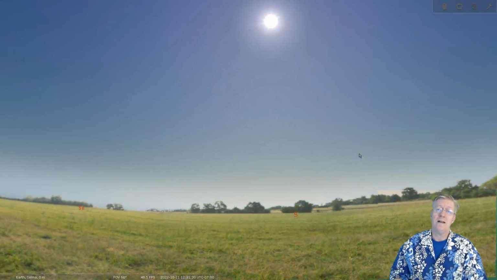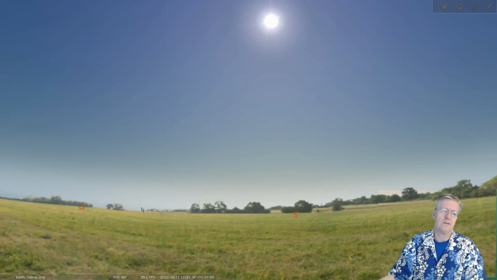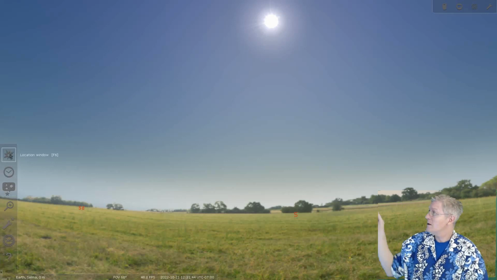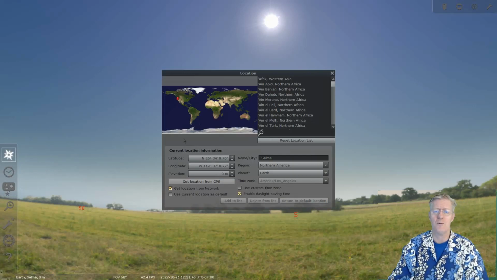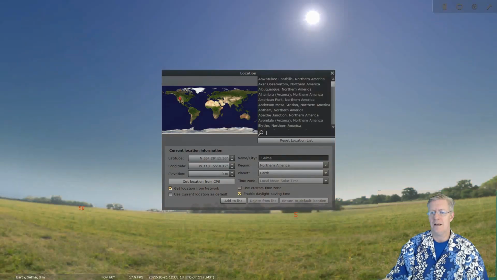Hey, here we are in the app version of the program here, and if you notice, we have some icons down at the bottom and also to the side, also above me, and I'm going to go over some of those right now. The very first one there is the location window. So if I open that up, basically I can change my location. So if I wanted to, I could click on an area and say, well, I want to see what it's like in a different area.